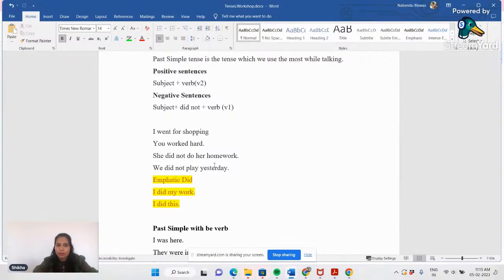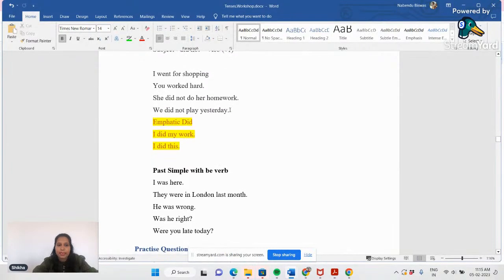Right? Then if you're framing a negative sentence, you have to use did not in between. Did not or didn't, that is the contraction. So subject plus did not plus V1 form of the verb. So why do we use V1? Because once we have used did, it means it is in its past form. Do, did is past. So after this, the verb which is coming will come in its present form. We will not use two past forms of verbs together, right?